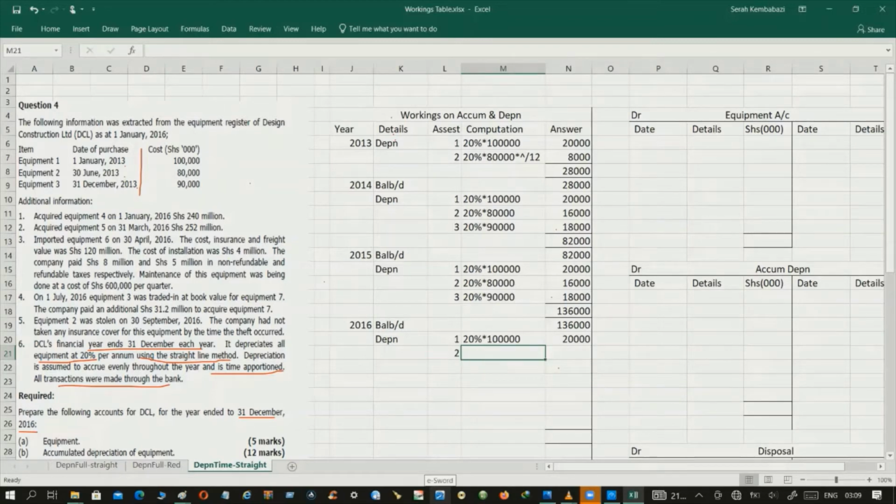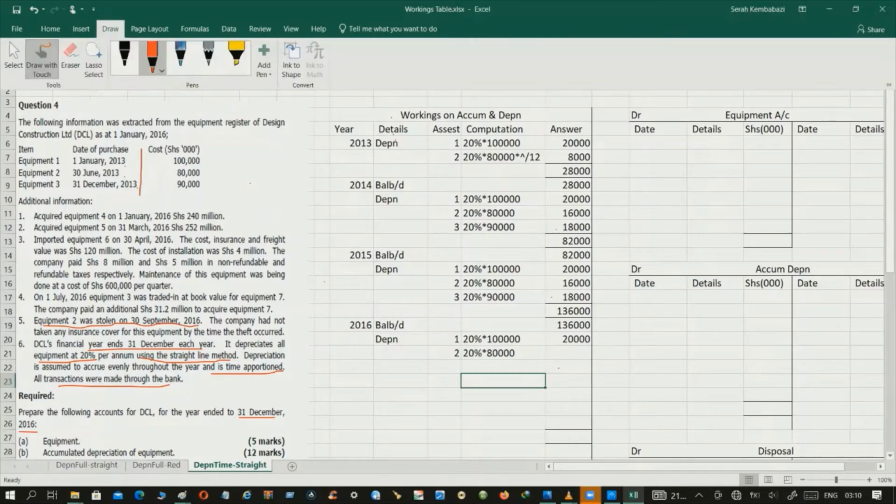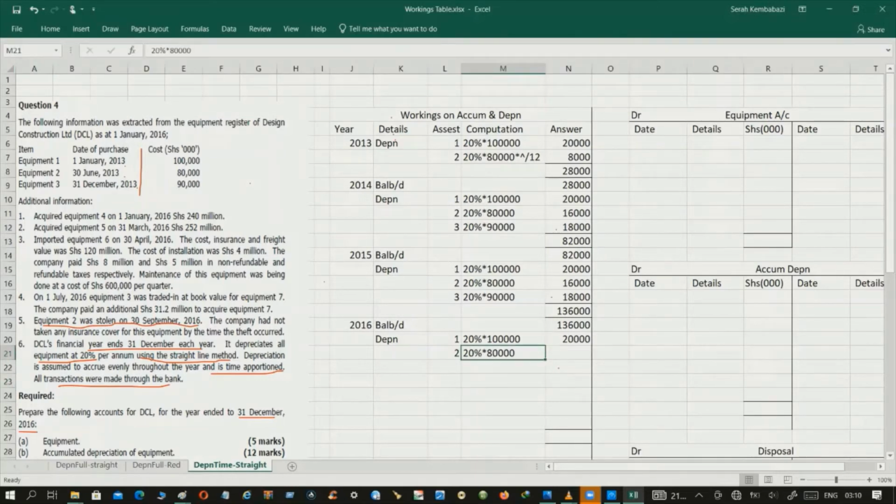For the case of asset 2, based on our additional information, point number 5, we are told that equipment 2 was stolen on 30th September 2016. So what does that imply? It means that we've been with this asset for only 9 months. So that's the depreciation amount that we shall compute, which gives us